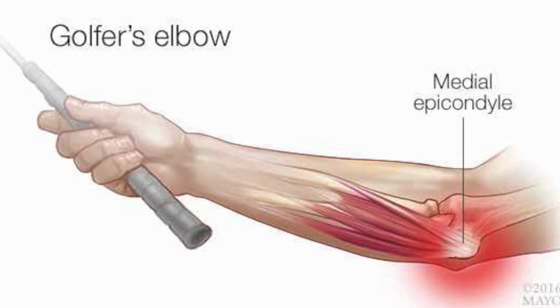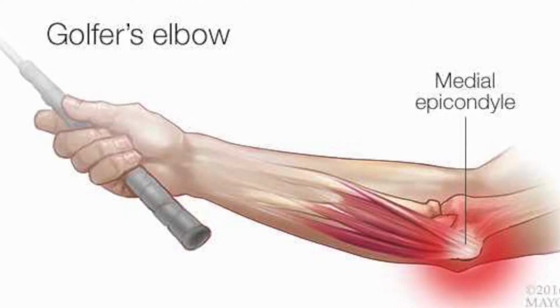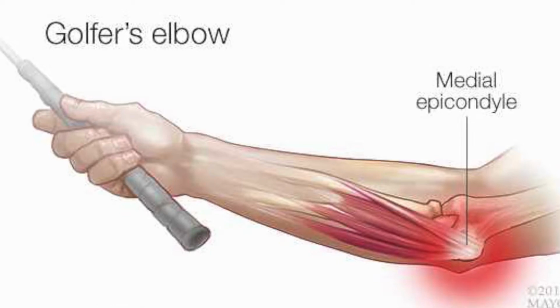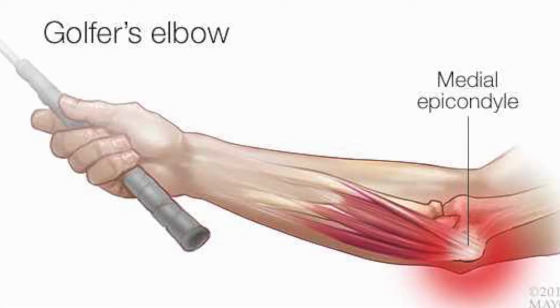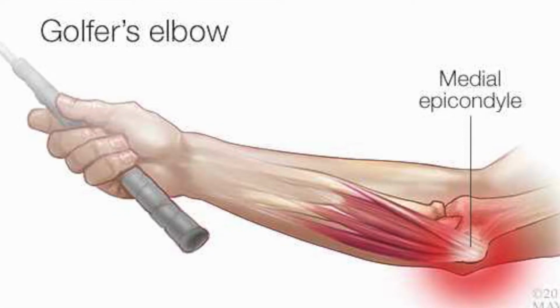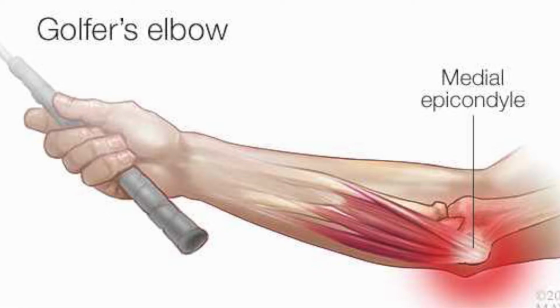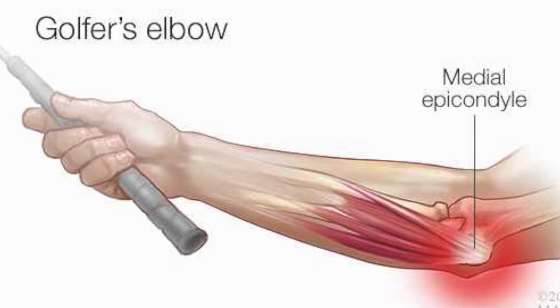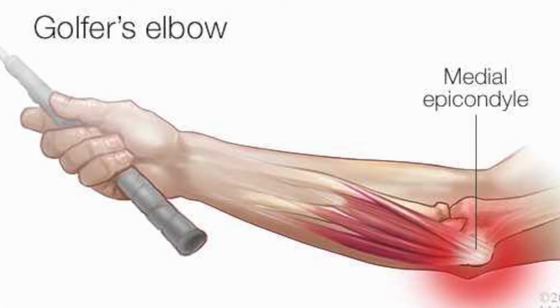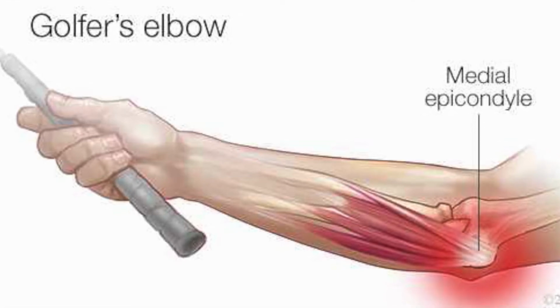And causes of this condition can be repetitive loading of the flexors and pronator, and it's actually common in plumbers and carpenters. Also, the signs and symptoms of golfer's elbow are obviously pain at the medial elbow, stiffness of elbow, weakness in hand and wrist, as well as paresthesia in the lateral aspect of the hand, so the fourth and